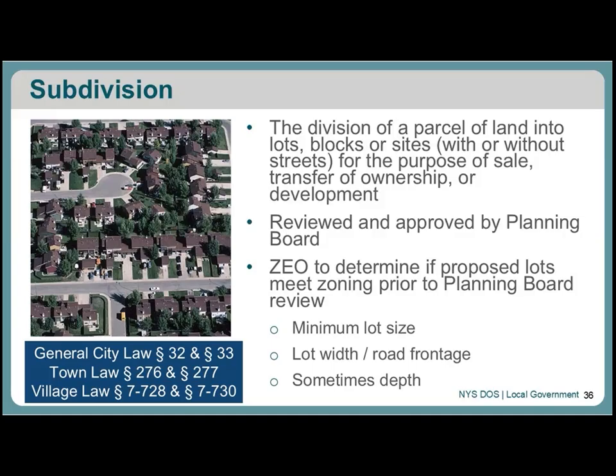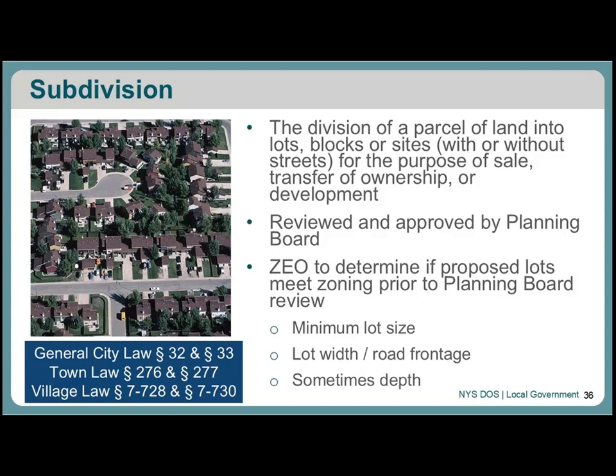So really the important thing is most likely the zoning enforcement officer is going to talk to the applicant first and explain the process to them. They're going to go to the planning board, and they might have to go to the zoning board of appeals as well. Hopefully, there's a good working relationship between the planning board and the zoning board of appeals. You really should be working together, offering guidance, especially as you look at these applications that might require work in front of both boards. So just keep that in mind, that's subdivision in a nutshell.